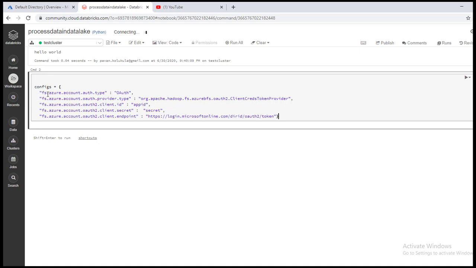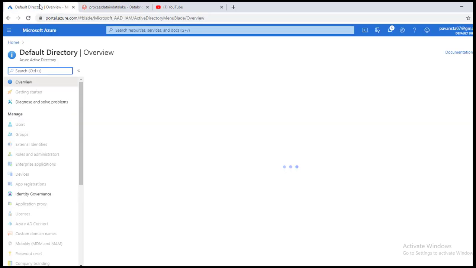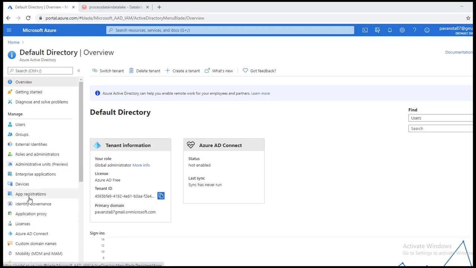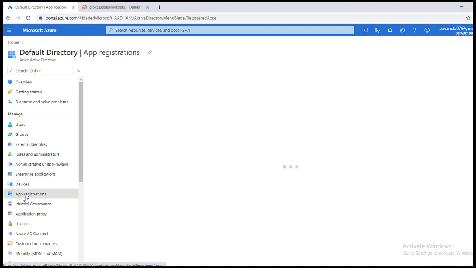You can also find this code in Microsoft Docs. So I just copied that code. And in order to get this information, we need to register an app. We'll do that registration process in Azure Active Directory. This is also called identity as a service. It is taking some time to load the page. Here we'll click on app registrations.